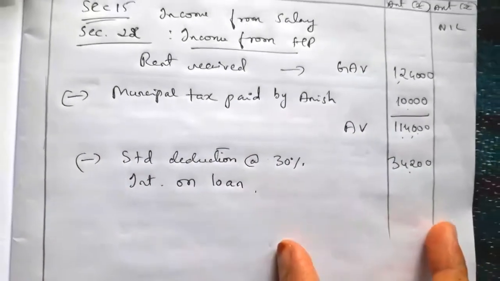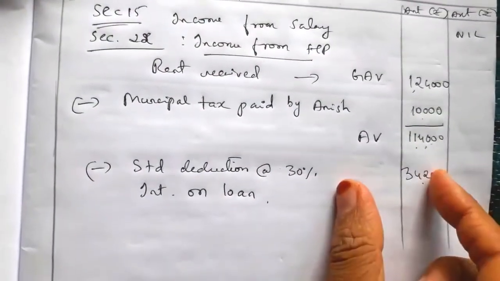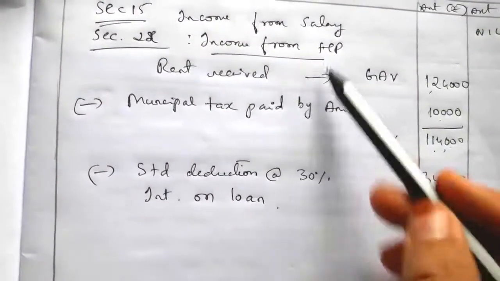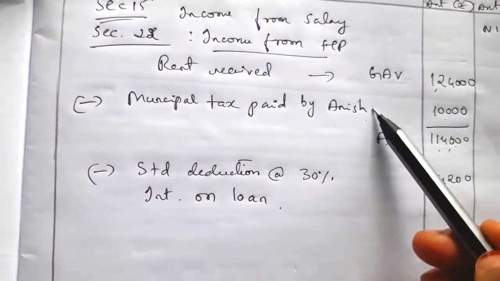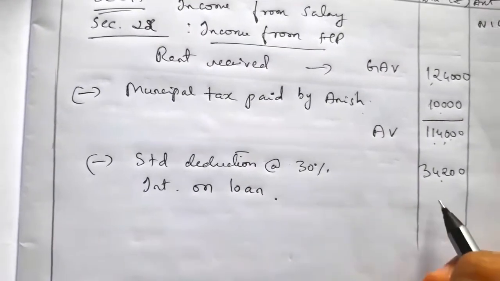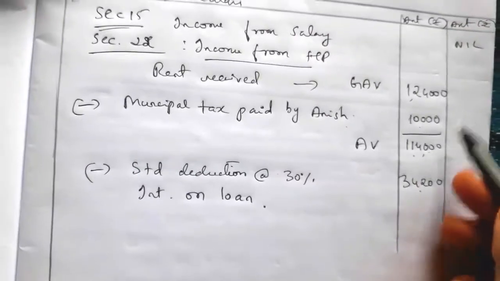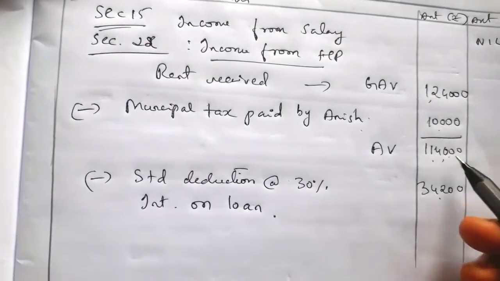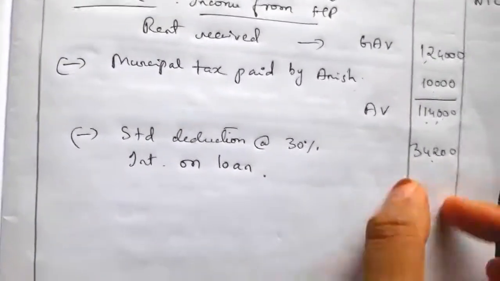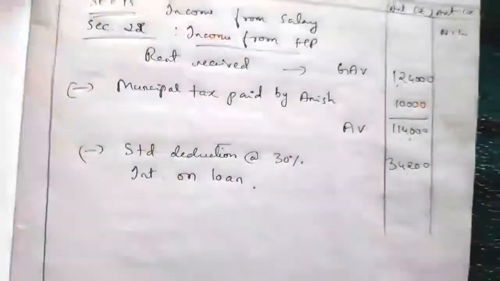And if this assessee, or taxpayer, or owner of house property has taken a loan for this house, if he has taken any loan and pays any interest on that loan, then that also he can claim as deduction. Means whatever the income, this annual value is taxable, right? So if he can claim deduction, he can reduce his taxable income here. So if he has incurred any expenses relating to payment of interest on loan, for that he can claim deduction.